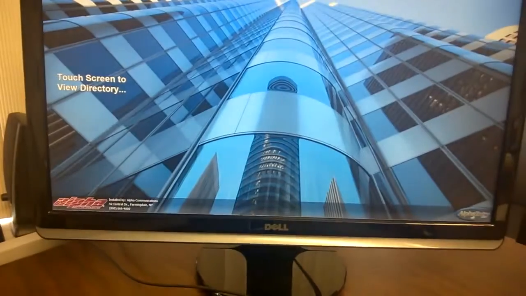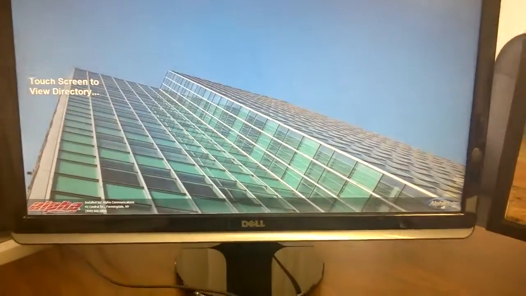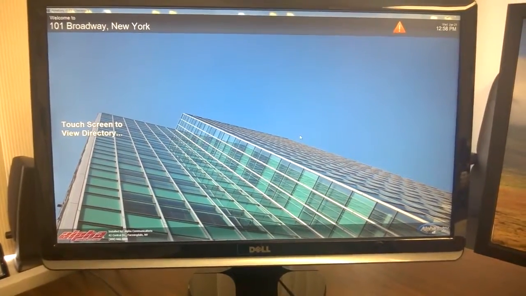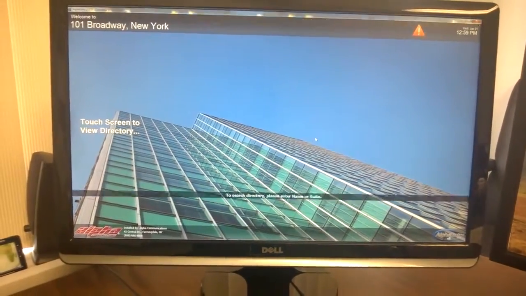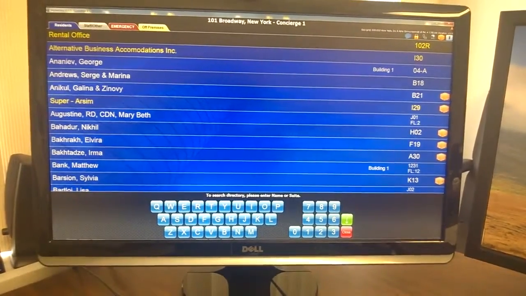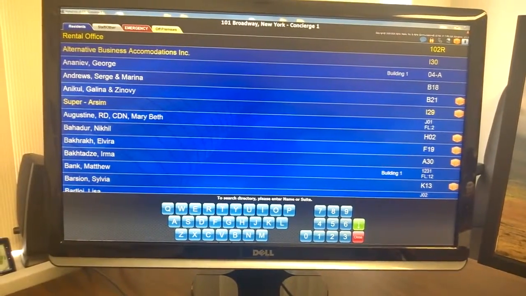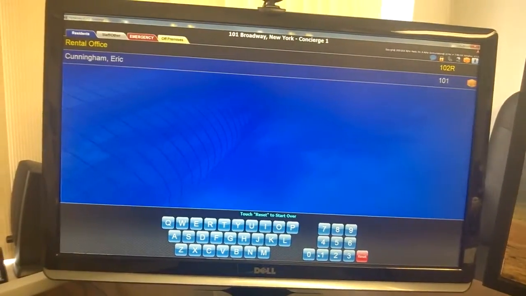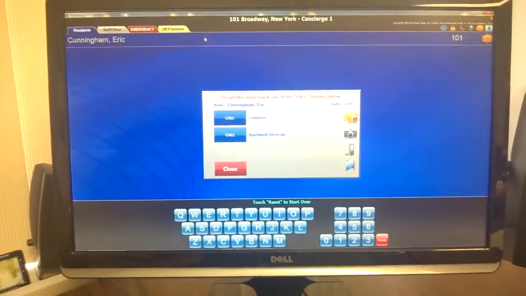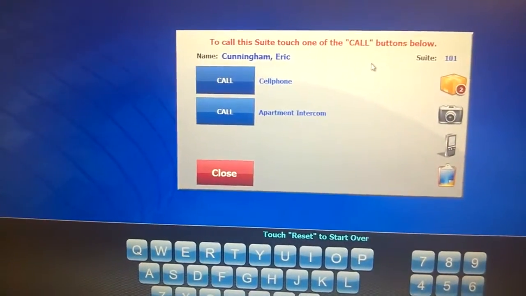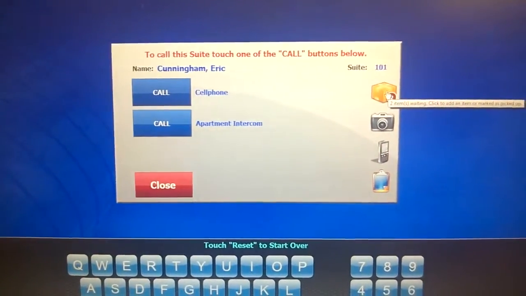This app also gives you a simple way for a building to send messages to a resident. For example, if your building has a concierge who accepts packages or any type of deliveries for a resident, when a resident gets a delivery, all the concierge needs to do is click on that resident, and then click on the package icon